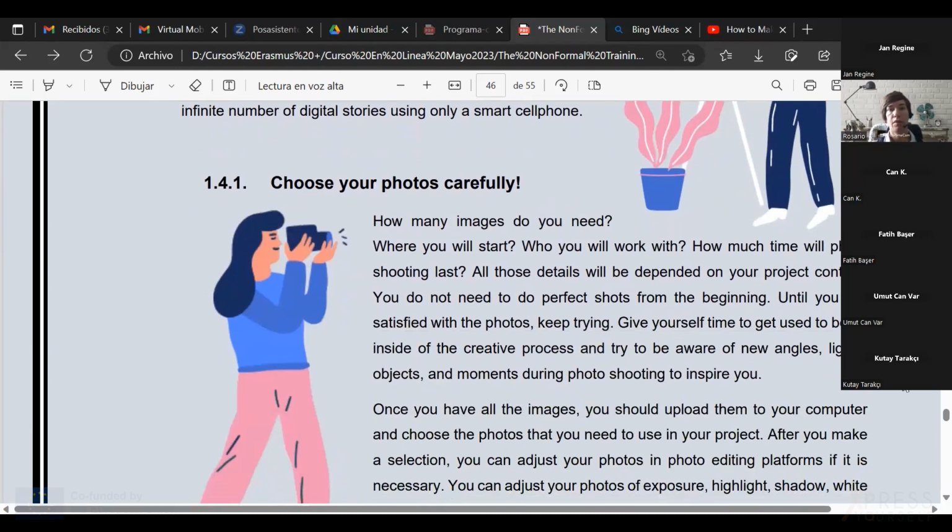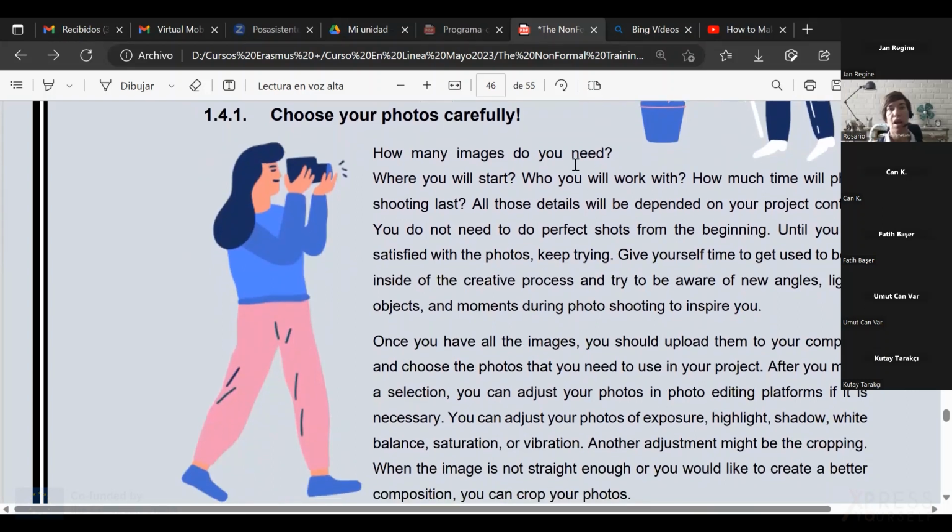So first, the photos, right? How many images do I need? You cannot just select photographs because you like them and put all of them together and then tell your story. Maybe they are too many. And this again is trial and error. You have to think, where are you going to start? Who will work with you?